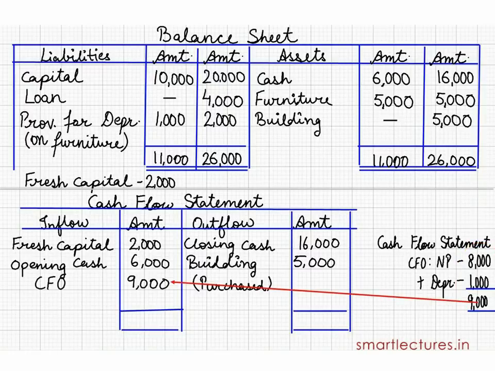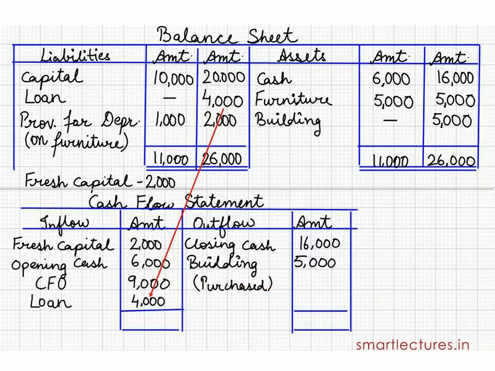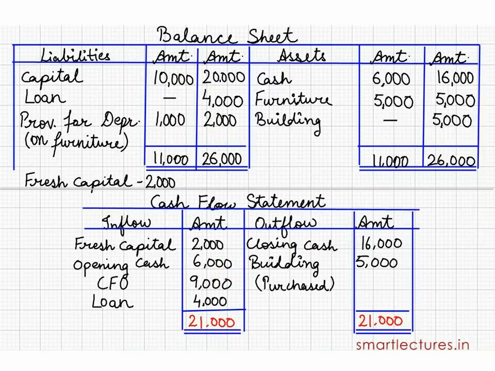Cash from operation 9,000. Loan: previously it was 0, now it is 4,000. What does it mean? A loan of rupees 4,000 has been taken, so this is an inflow. In this way, the total on both sides will be 21,000 rupees. Both sides agree. It means my question